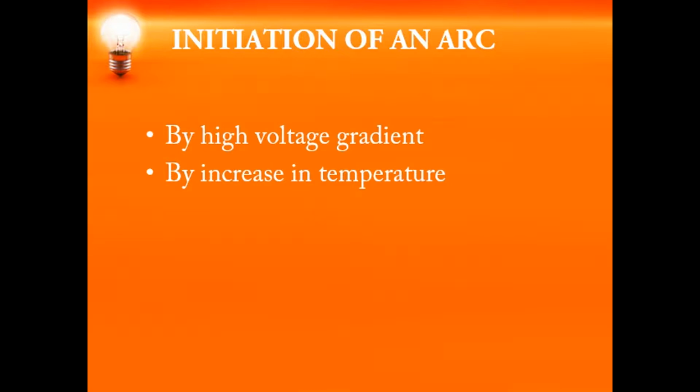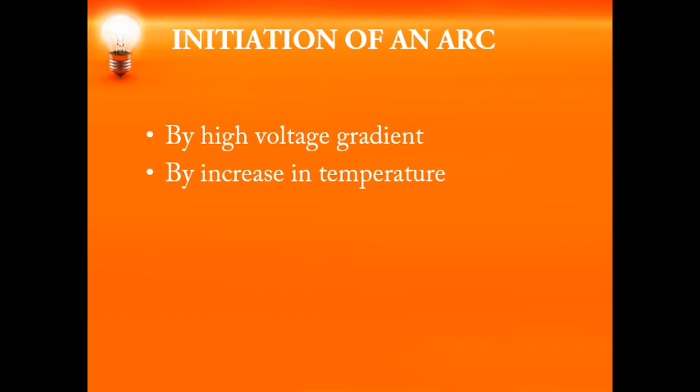The arc which is present across the contacts of the circuit breaker is nothing but a type of electrical discharge. When the contacts get separated, the contact area decreases, so you have a voltage drop across the breaker contacts. So what happens is you have a very high potential gradient, or voltage gradient, across the